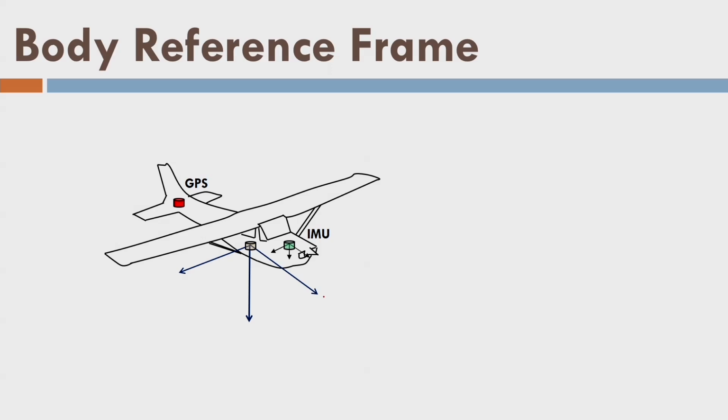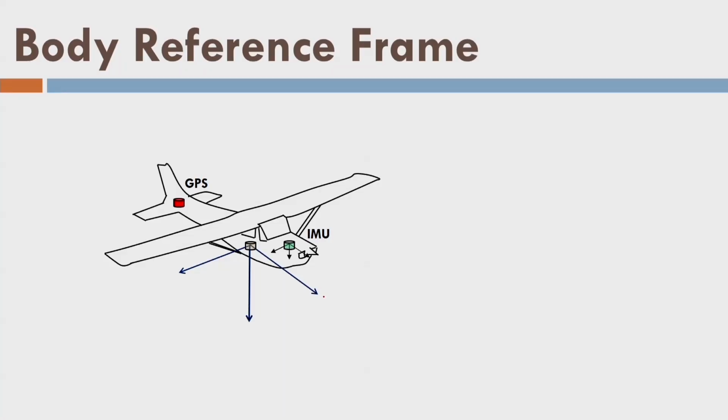In this case, the direction of the IMU reference frame or the body reference frame at IMU and the scanner reference frame are more or less well aligned. That means their orientation axes are in the same direction. There could be slight difference, and this difference is around 1 to 2 degrees only in each of the 3 axes. So that is called the body reference frame.